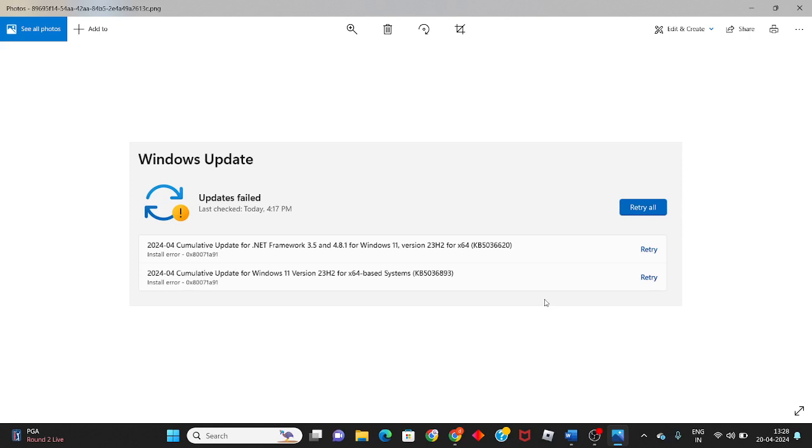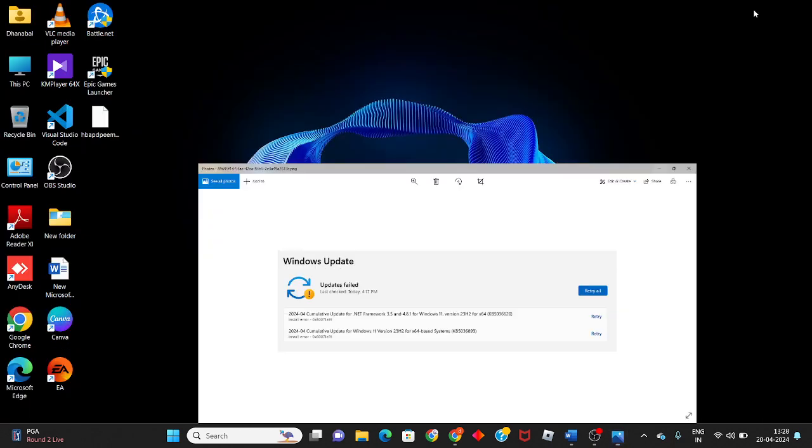Today I will fix the problem of the Windows update failed, and you will see this error notification for KB5036893. This is a problem, so follow it step by step to solve it. First, you will check this error. If it is not fixed, you will come to the next step. Okay, you go to the first step for